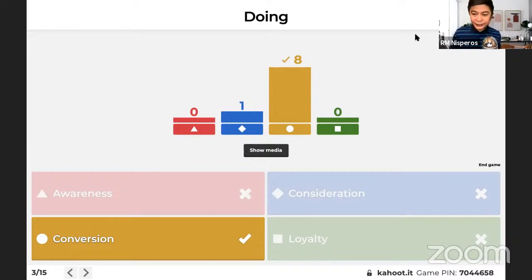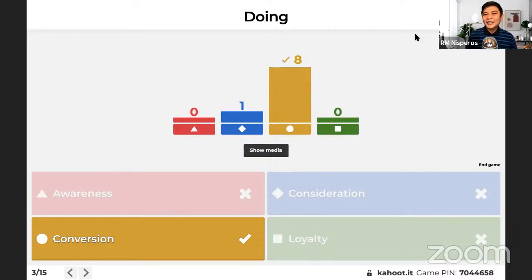Kasi may experience ako dyan. I have this client. Our conversion is just an email. So when people send email to that business, that's a conversion. Kasi it's an item that is so pricey. Medyo mahal siya.